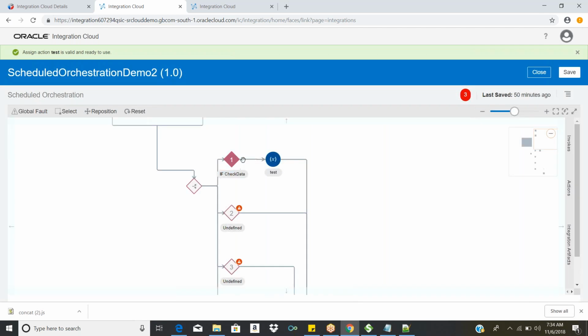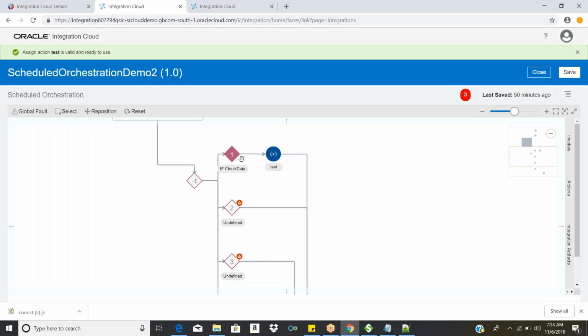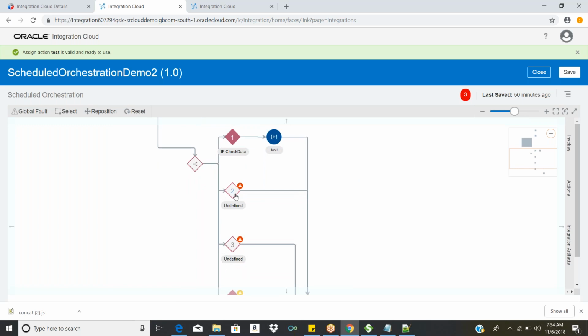Yeah, you can see the yellow color has gone. So if my condition is satisfied, I have to assign some value to one of the variables. That's part of what I am trying to do: if my condition is satisfied, I have to assign this. In a similar way you can add the condition and assign the value, but don't worry, I will explain one flow later. So as of now, you're clear with conditional routing and how you can use the switch activity, right?